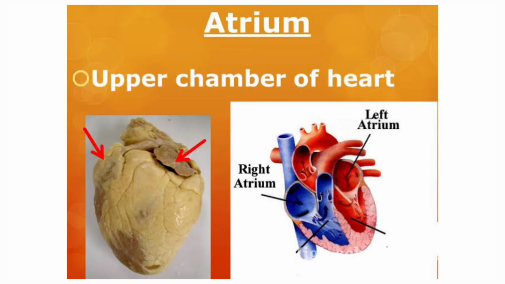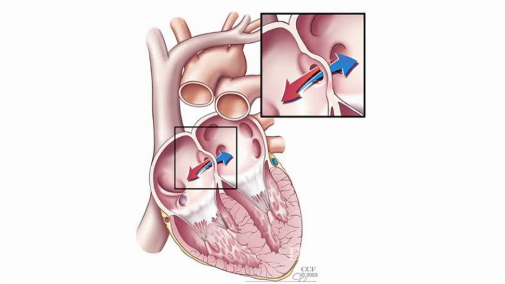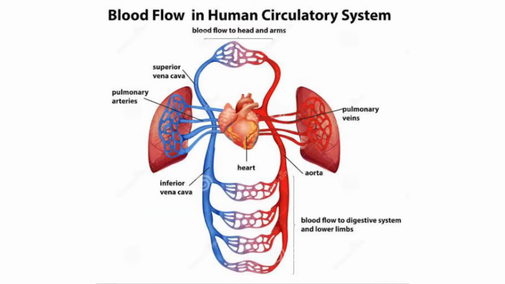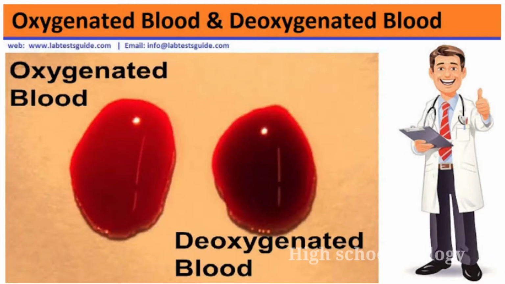Look at the auricles. The top two chambers of the heart are called auricles or atria. They are small and thin walled and are separated by a thin muscular wall called the interauricular septum or interatrial septum. The auricles serve as collection chambers for the blood which is returning to the heart.